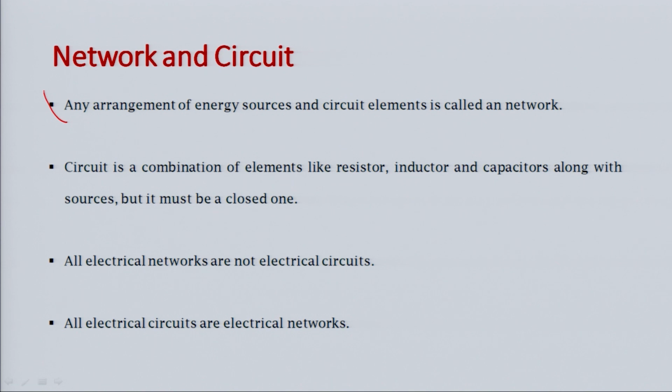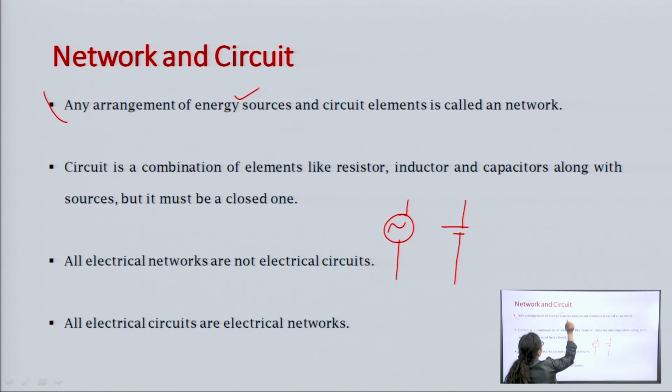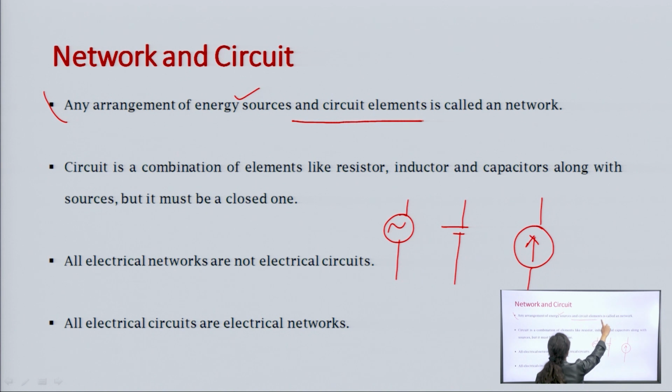So we will see energy sources. It could be a voltage source, an AC voltage source or a DC voltage source, right. And the next energy source will be your current. So current will be shown by this, right, if it is an independent one. So it is an arrangement of energy sources and the circuit elements,